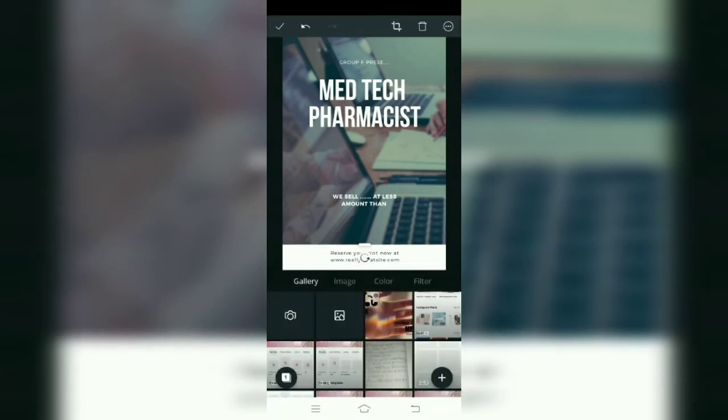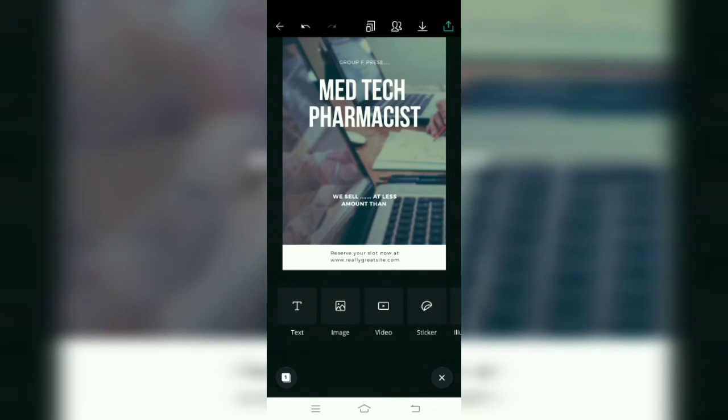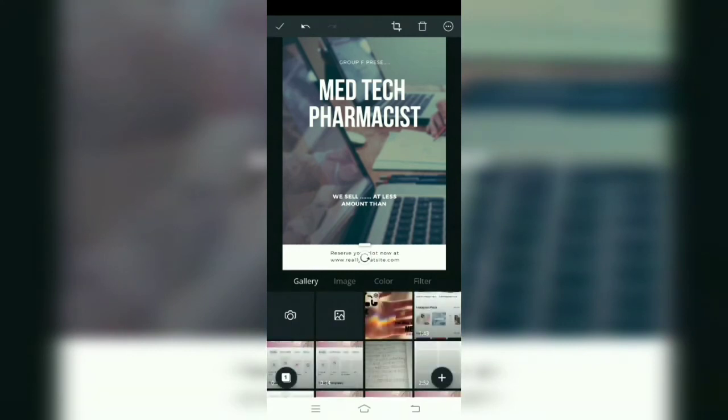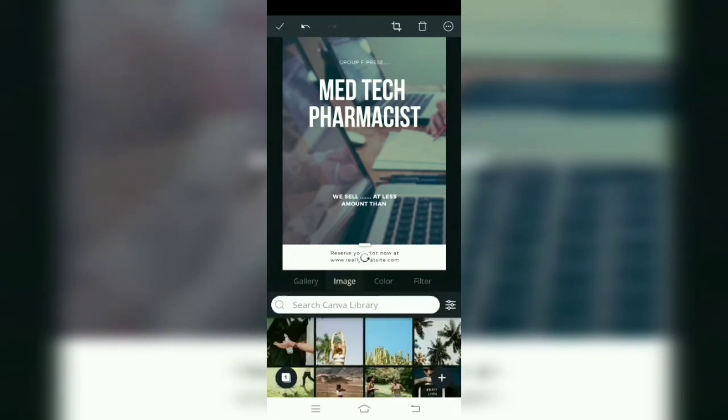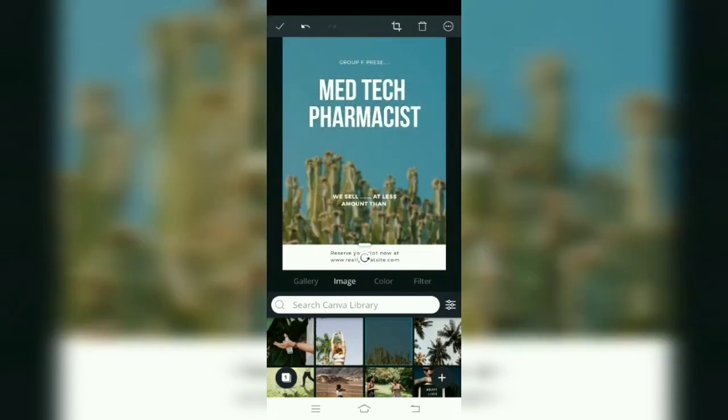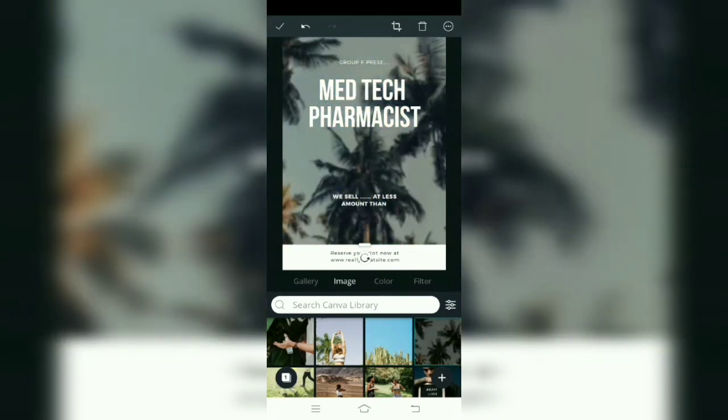Here I have written. Again we can change the background from here: text, image, video, stickers. And to change the background, we will double click on the screen, and we can change the background again from image, such as I have written this. It is also looking good, or this. So this will be presented, and again we can simply